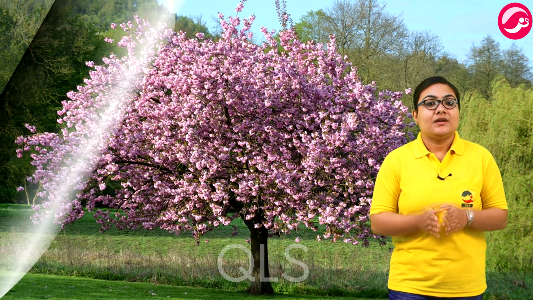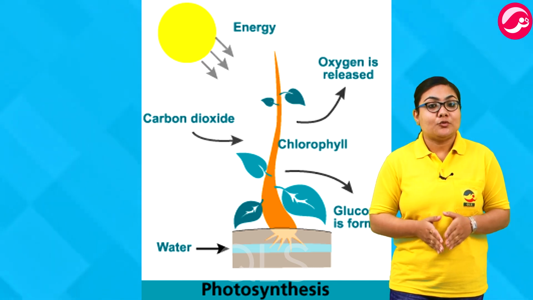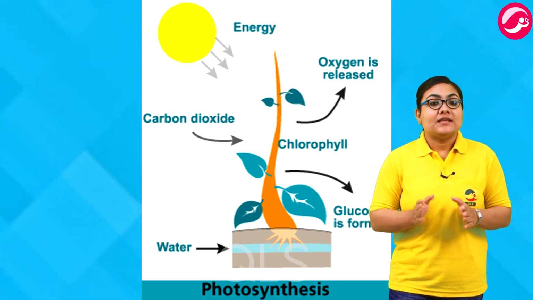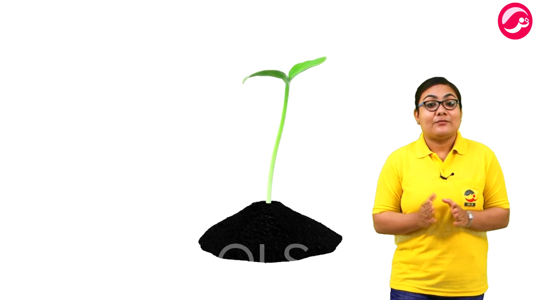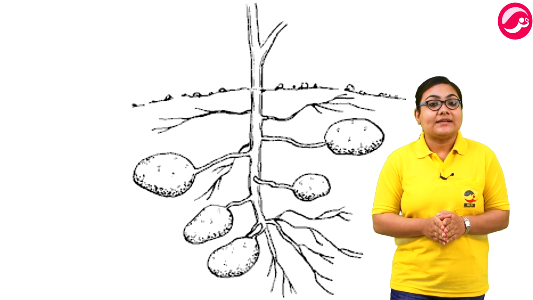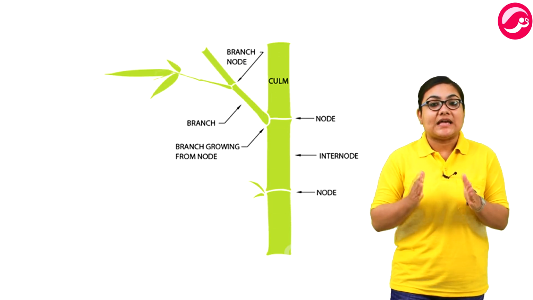A stem may be unbranched, that means it does not have any branches, like that of a palm tree, or it may be highly branched, that means it has a number of branches on it, like that of a magnolia tree. The stem also helps to transport products of photosynthesis, that is sugar, from leaves to the rest of the plant. Plant stems, whether above or below ground, are characterized by the presence of nodes and internodes.